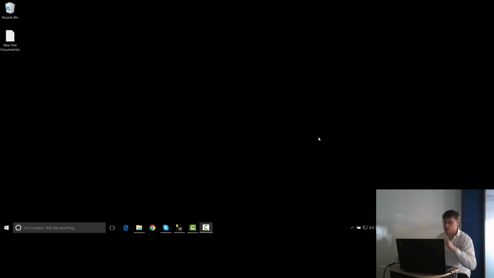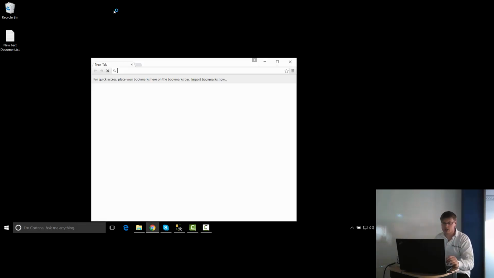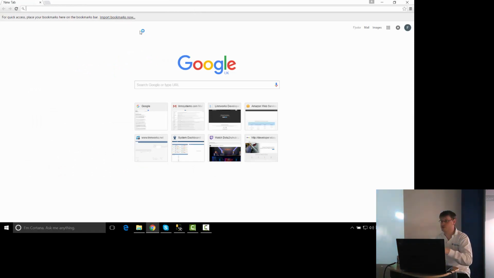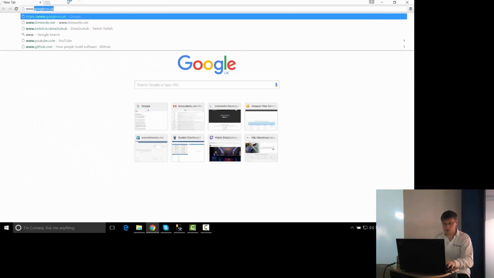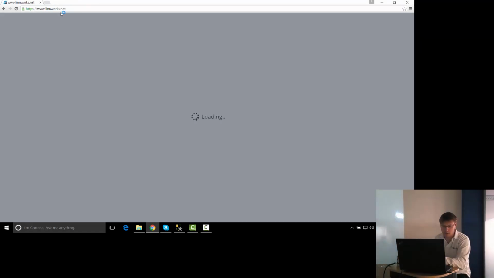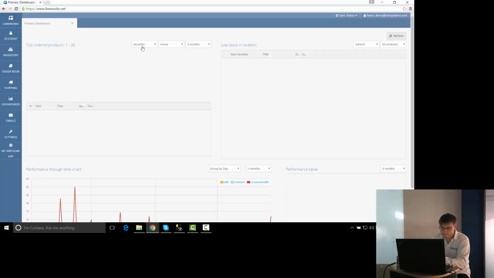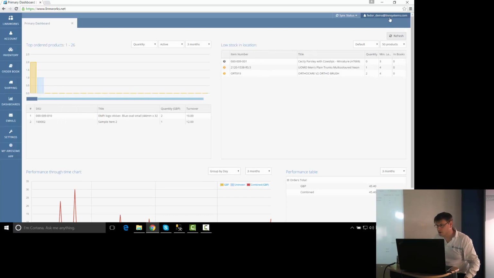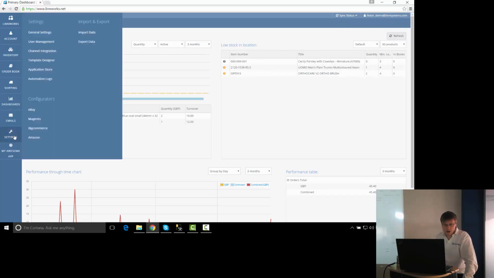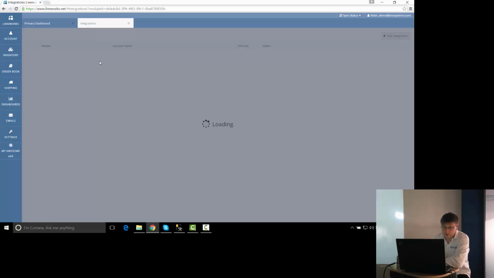for Linux.net. So first of all, let's have a look at what we're trying to achieve at the end of it. So I'm going to go ahead and log into Linux.net. Okay, let's make sure I'm actually in my own system. I am. So if we jump into shipping integrations,